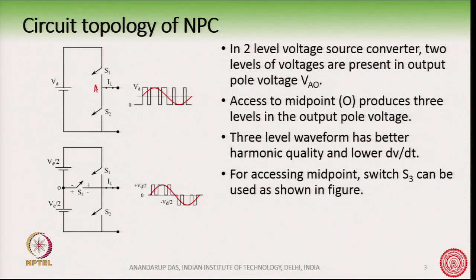This was A and this is O. In the case of a 2-level voltage source converter, the VAO voltage can be 0 and Vd. Now, we want to produce 3 levels of voltage between A and O on the diagram here. So, what do we need therefore? We need 3 switches S1, S2 and S3, right. For accessing the